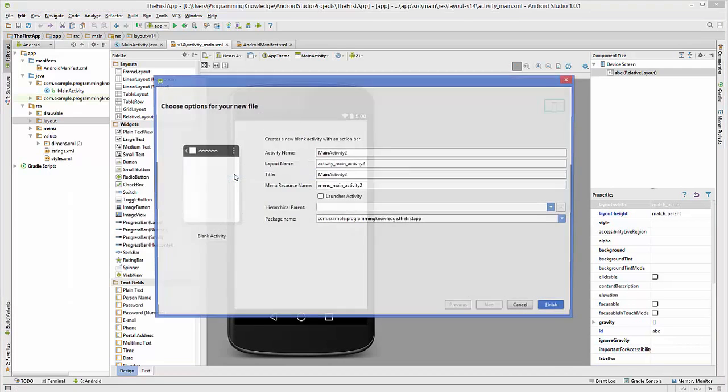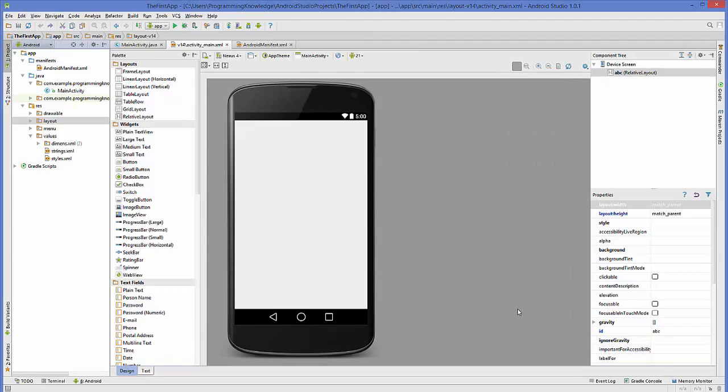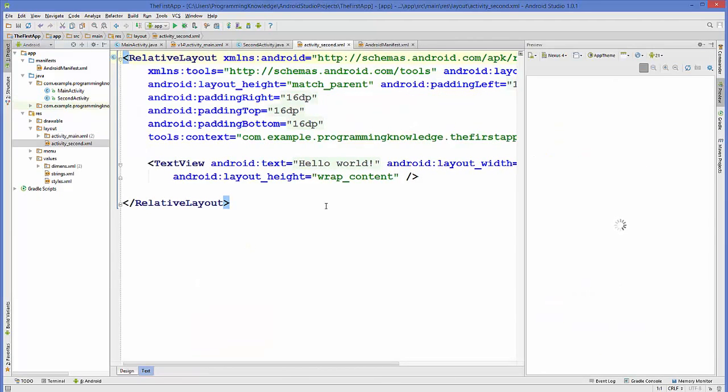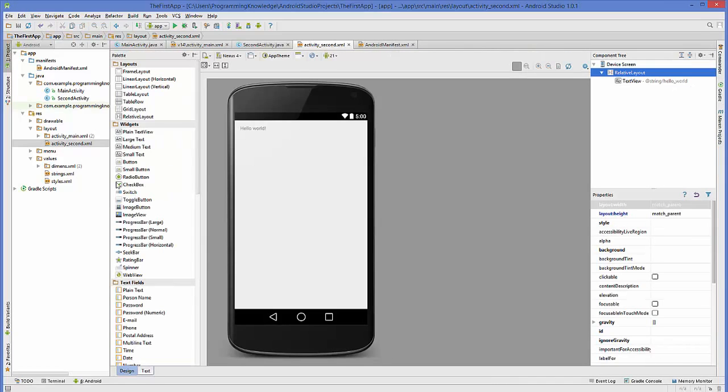So select this blank activity, and in here this wizard will open. You can give a name to your activity, for example second activity. Okay, and everything is by default created for you, and just click finish. Once you click finish, there will be a second activity which will be created for you, and now you will